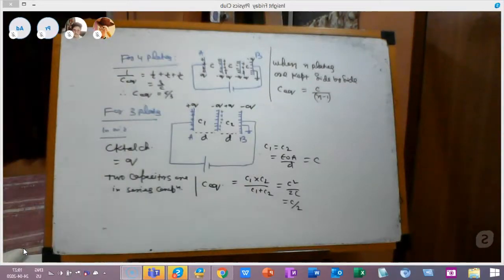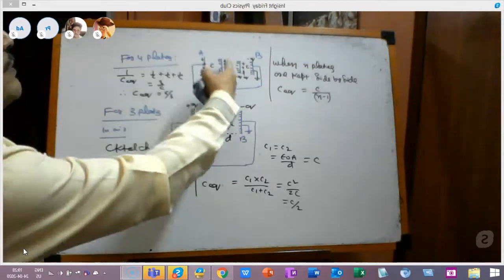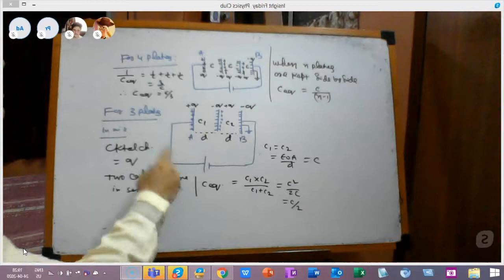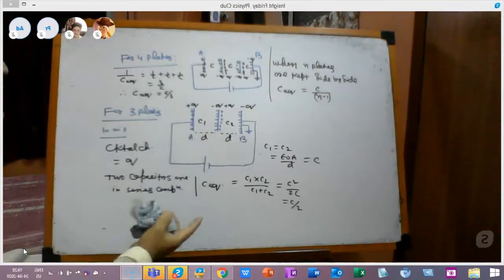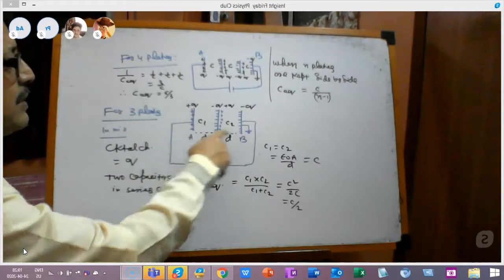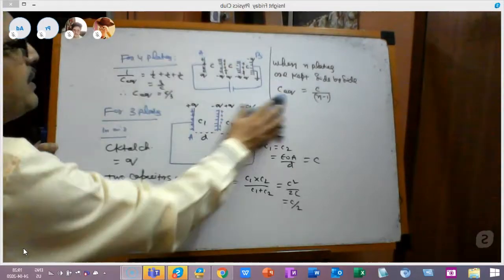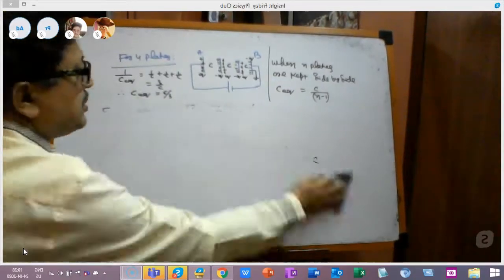Now let us do one experiment. If we connect the alternate plates by wires, then what will be the equivalent capacitance? This is one case where you are finding equivalent capacitance between the first plate and the last plate. Now we are going to do one thing. The alternate plates I am joining by wire, and then we will find equivalent capacitance. See what is happening there. So this question is right.